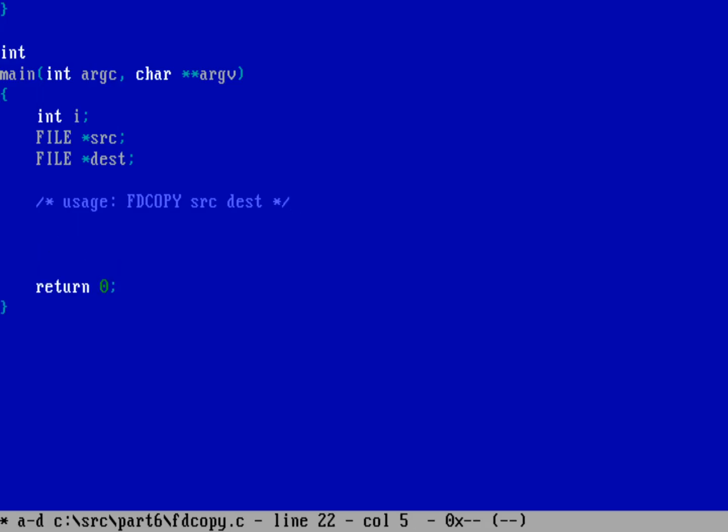So I want to check to see if that's the usage that's been given to me. So I'm going to test with argc. And what am I testing? Well, if it was just fdcopy, argc is 1. If you gave me fdcopy plus 1 file, argc is 2. That's the argument count. And if you gave me fdcopy plus the source plus the destination, argc will be 3. So I want to test first if you gave me the wrong number of command line options. So if argc is not equal to 3,